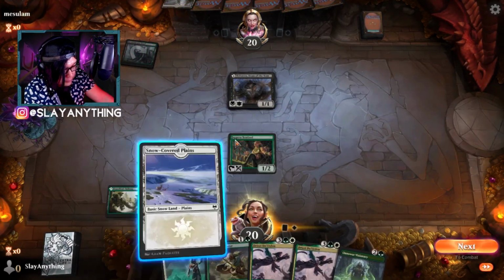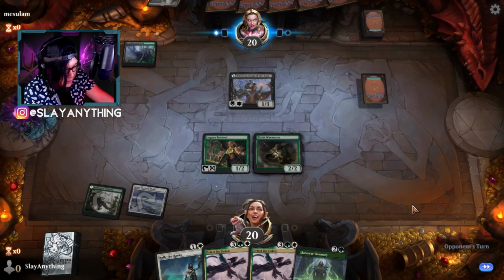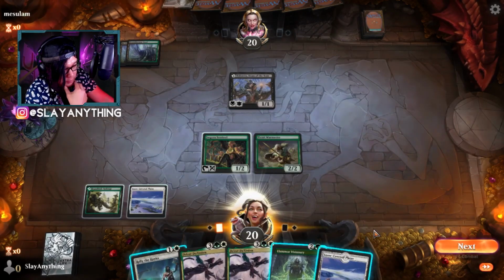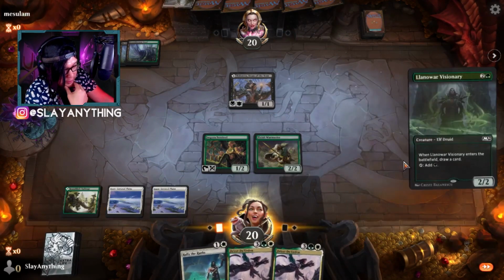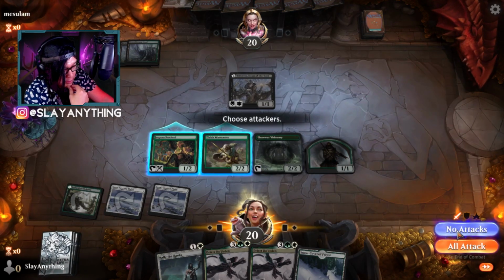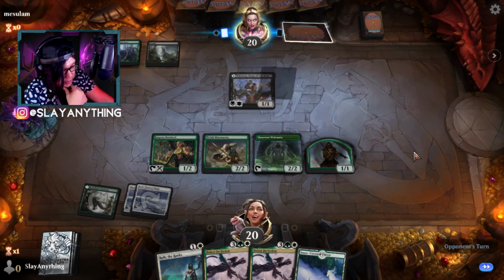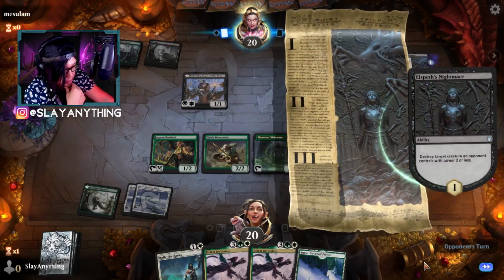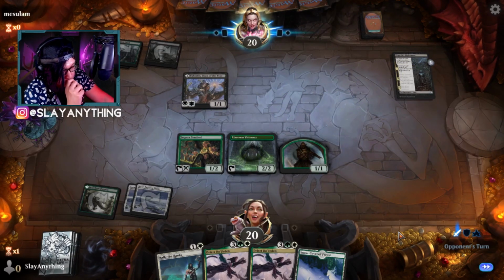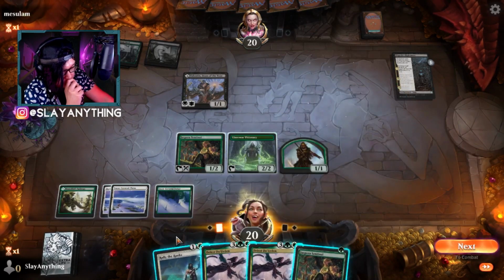Valentine. We're gonna play this, and it's gonna play Elvish Warmaster, and we'll do no attacks. Play lands, Visionary. Sweet. And we'll still do no attacks. Still do no attacks. Elspeth's Nightmare. Gross. Okay, play this and...